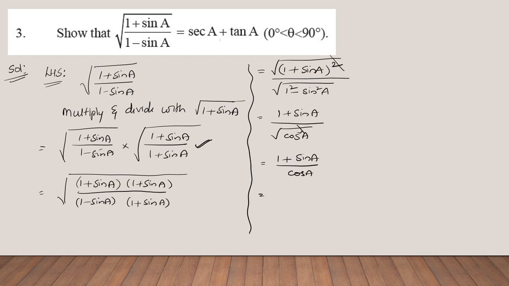Again this cos a belongs to both the terms of the numerator, because the numerator contains 2 terms, 1 plus sin a. The terms are 1 and sin a. Then I can give cos a to both the terms. I can write 1 by cos a plus sin a by cos a. What is 1 by cos a? 1 by cos a I can write as secant a, plus sin a by cos a I can write as tan a. Which is nothing but my required RHS.